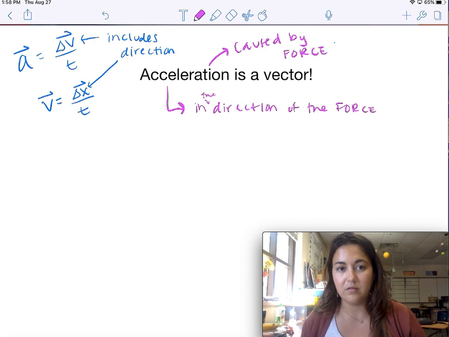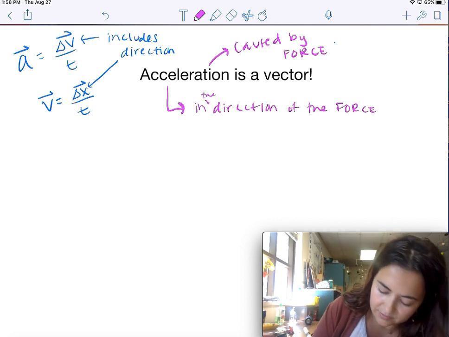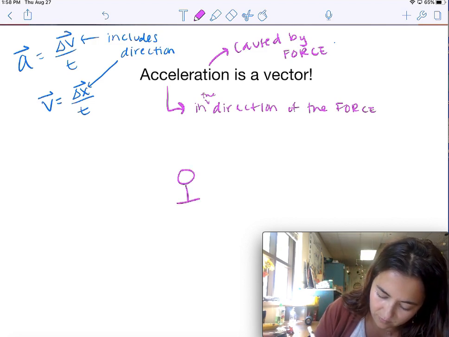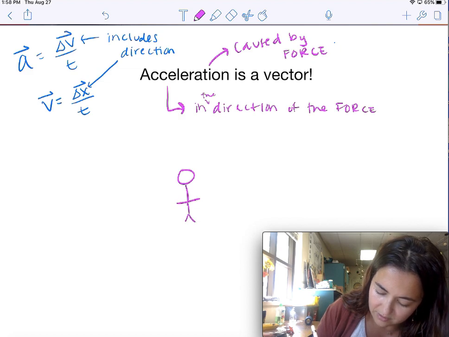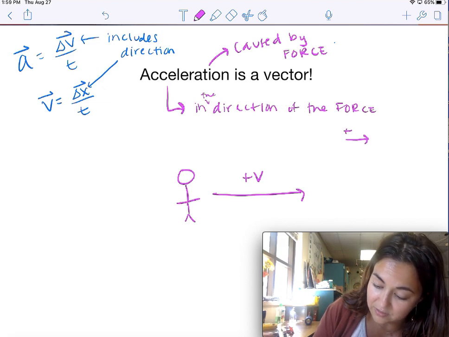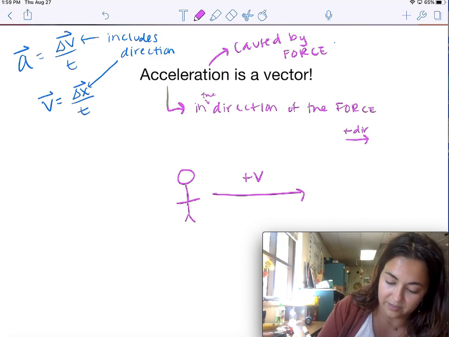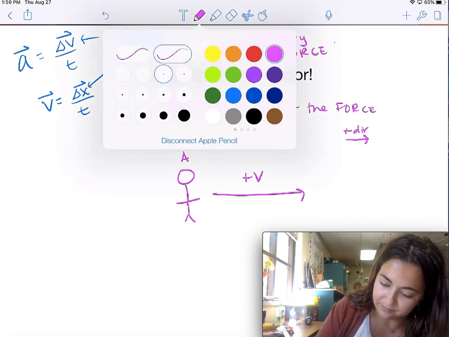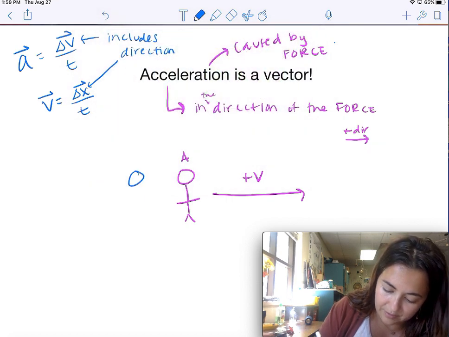Okay? So, as a for instance, we got person A, and they are walking this direction. So that means they have a positive velocity because we are going to say to the right is the positive direction, just like we do in math class. So we're going to call this person A. Person B